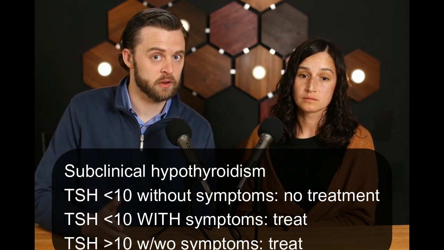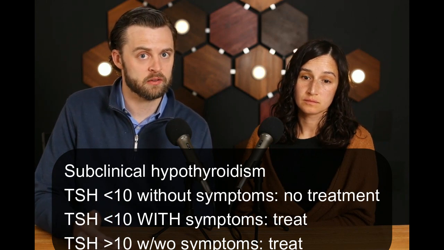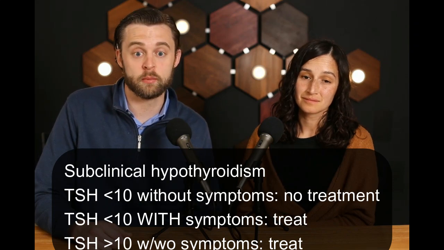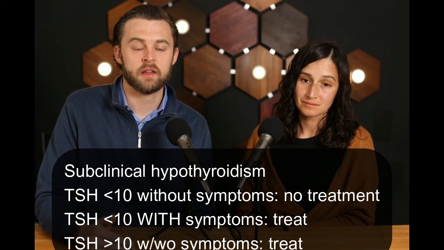And as we discussed earlier, checking those TPO antibodies, thyroperoxidase antibodies, to assess for autoimmune thyroiditis, if those are elevated, that's another reason to consider starting treatment. If the TSH in subclinical is between 4 and 10, and they have no symptoms, you don't need to treat. Another reason to treat is if there is subclinical hypothyroidism present and the individual is struggling with infertility. That is also a reason to perhaps begin treatment, as that can make a world of difference in their